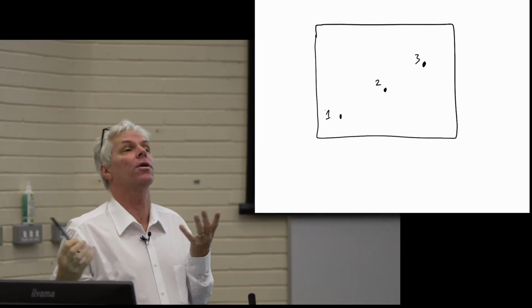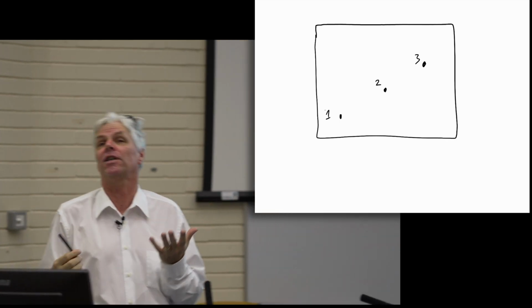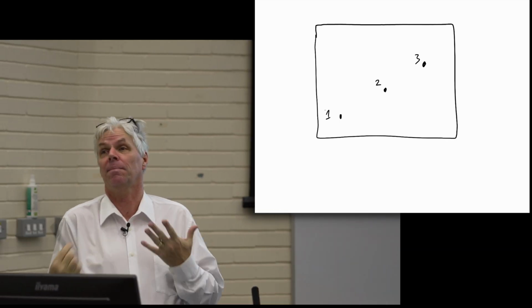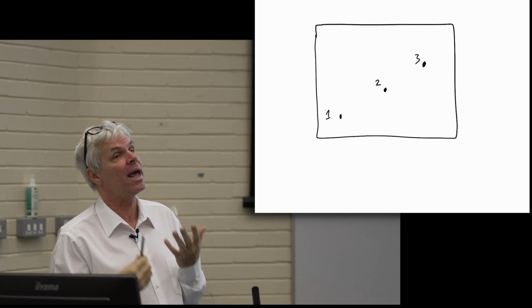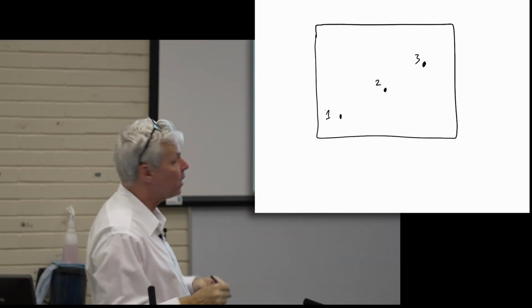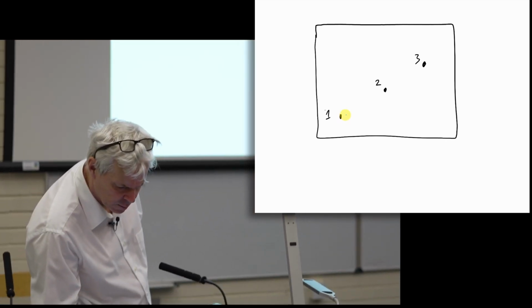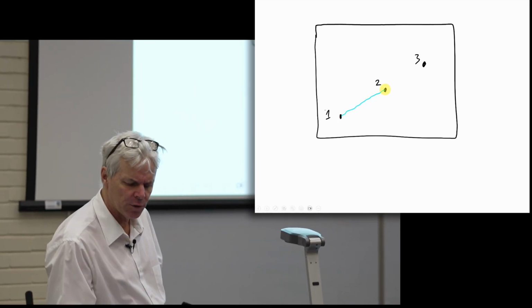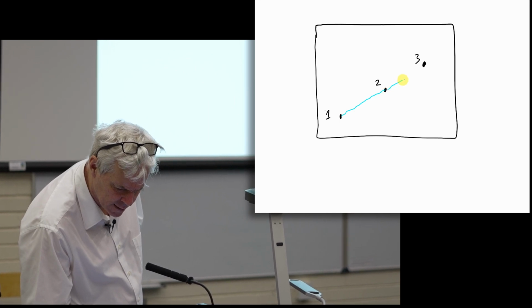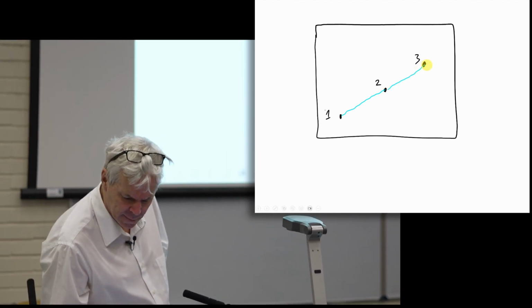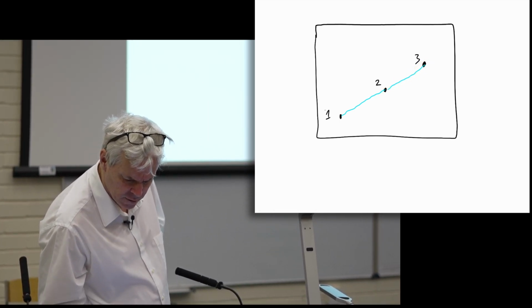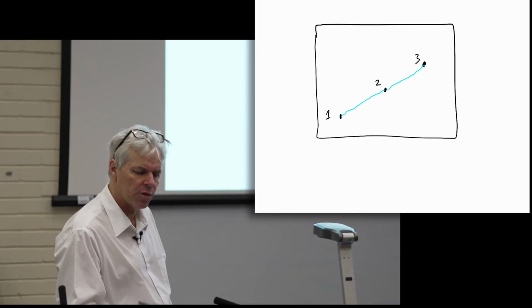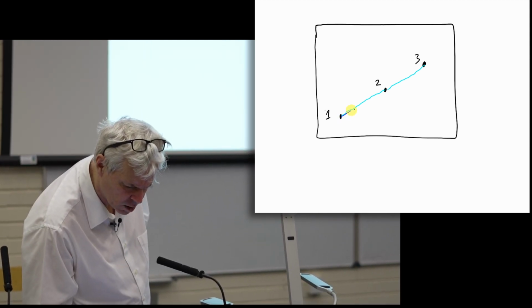I've just put them arbitrarily in a straight line. It seems a little special, and personally, I think it is a bit special. But just to see what happens, if we did the contract curve between 1 and 2, it would look something like this. If we did the contract curve between 2 and 3, it would look something like that. And let me do it in a different color. If we do the contract curve between 1 and 3, it will look